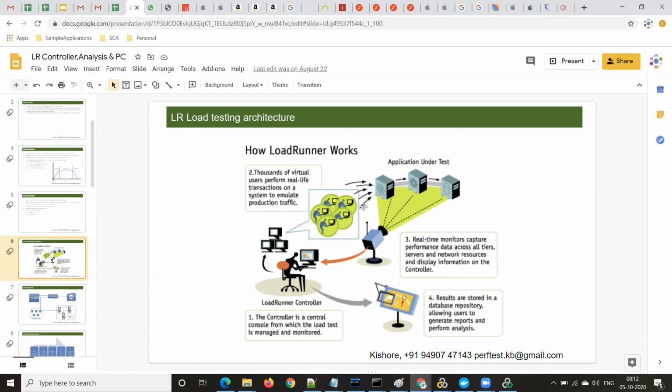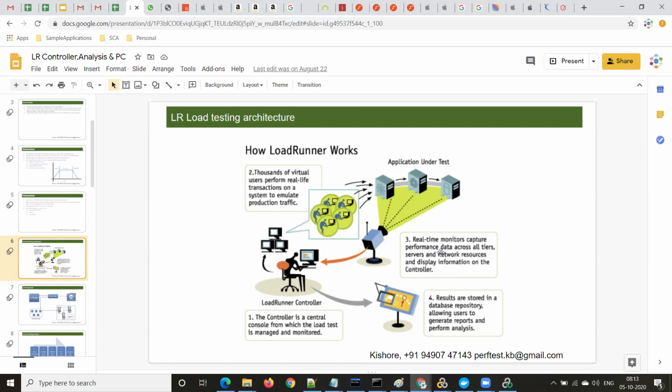Now this controller has another component called a monitor. There will be a monitoring component which can monitor these web, application and database servers, and it will collect real-time statistics. It will collect all the performance data across all tiers, servers and network resources, and display the information on the controller.